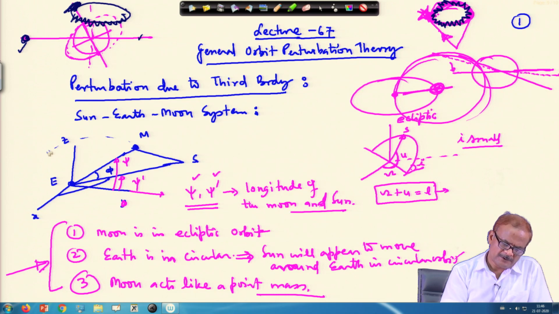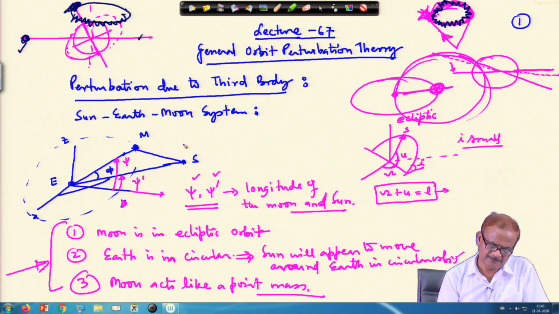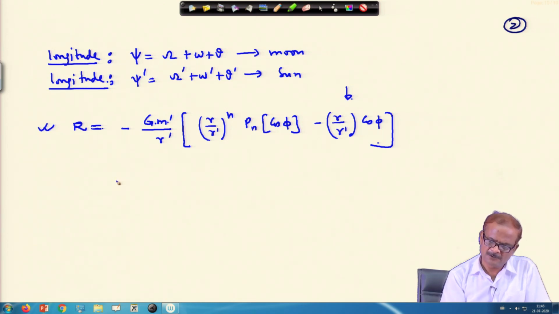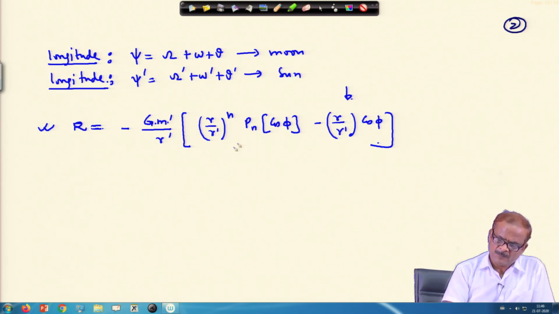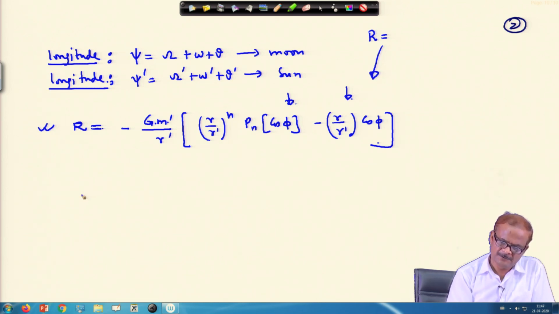The moon is moving around the earth and this is getting perturbed by the sun. So, what will be the perturbation force acting on the moon? For this we have already done in the 3 body problem, we have written that particular equation. That equation can be utilized. Rather than discussing all those things because we do not have much time, we just concentrate on this. Given that, the perturbation potential can be expressed in this format, and I will supply you the respective material.